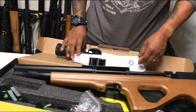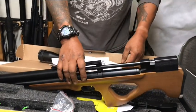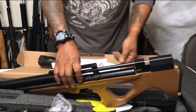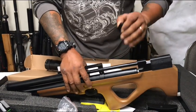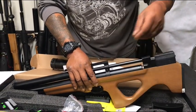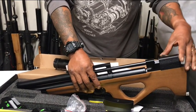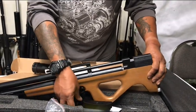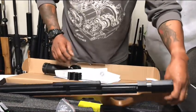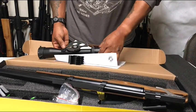I gotta do some tuning on it. I also have a Huma regulator for it that I'm going to install, because I found that the factory one is good, but I can drop the extreme spread and the standard deviation and make it a lot better. So I'm just gonna end up putting a Huma regulator. My other two have Huma regulators in them and they work just beautiful. And of course,